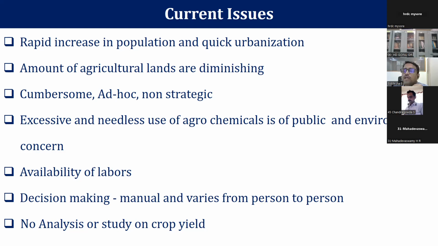That is due to quick urbanization, and people are getting a lot of opportunities in other fields, so they are attracted towards the urban cities. They are leaving their occupation, and people are not getting sufficient laborers, especially skilled laborers. In the case of plantation crops and other things, getting skilled labor is going to be one of the biggest challenges. In my research, I considered precision agriculture as the domain.